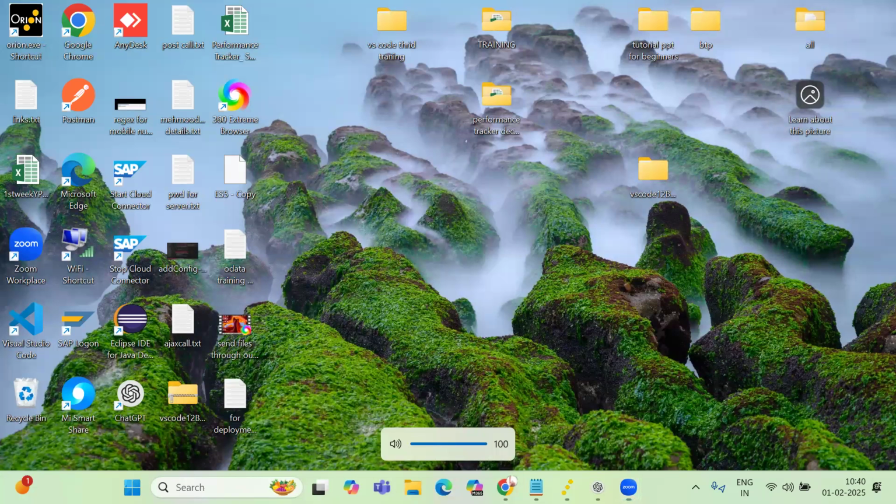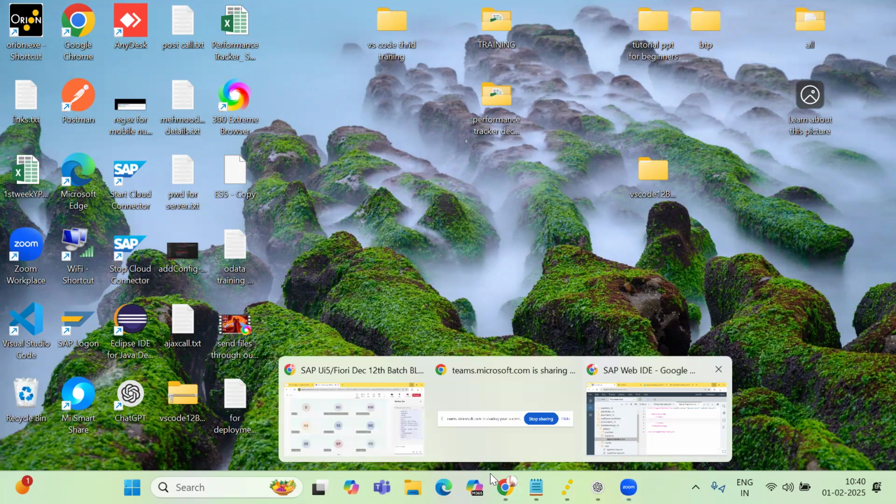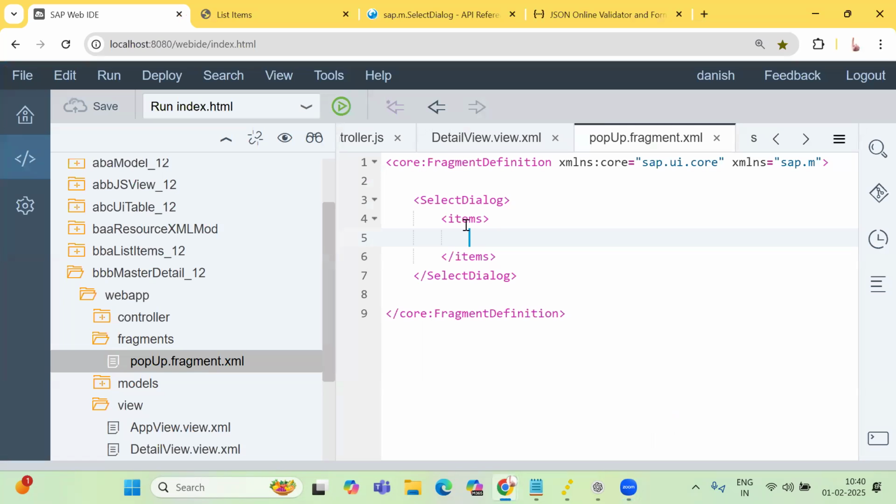Okay, so let's come back to the point. I'm saying select dialog has got items as the aggregation. Here we have made just a recapitulation of it. Here we have made another folder that's called a fragment. Inside the fragment, we have a pop-up file that has got an extension